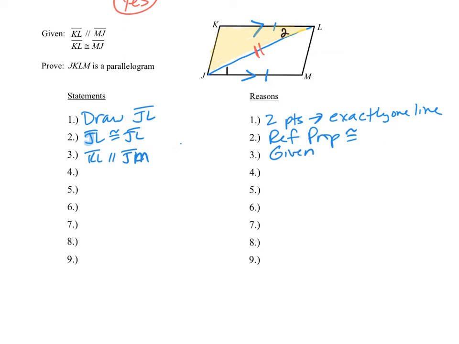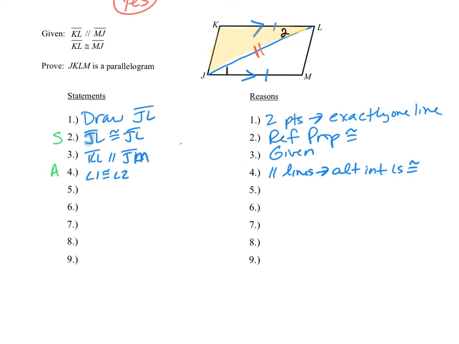And we can see that we have parallel lines and a transversal, so this pair of alternate interior angles would be congruent. So in step 4, we're going to say that angle 1 is congruent to angle 2, because anytime we have parallel lines cut by a transversal, that guarantees that alternate interior angles are congruent, okay? So if you're keeping track, you might want to put an S right here because we have a pair of sides congruent. Now we have a pair of angles congruent. We only need one more part to get those two